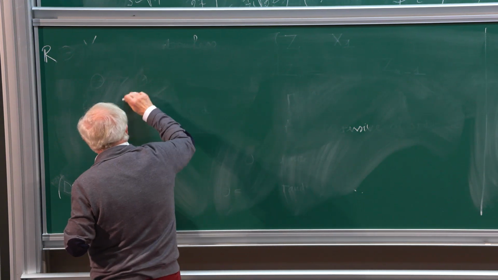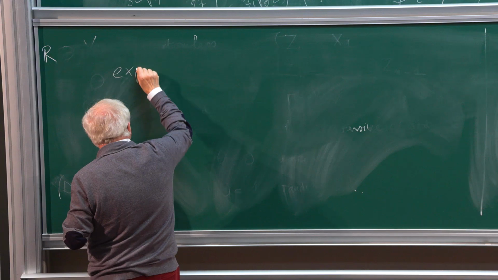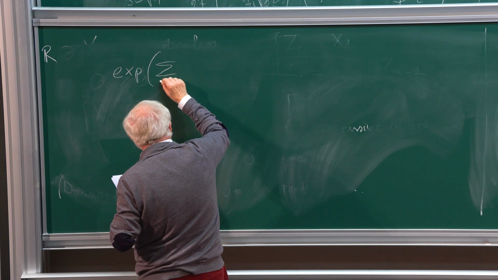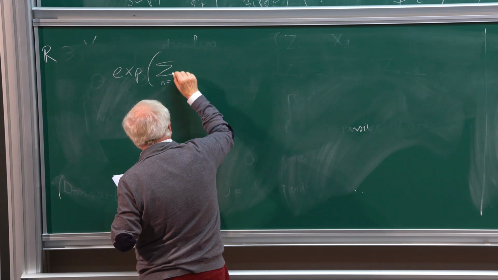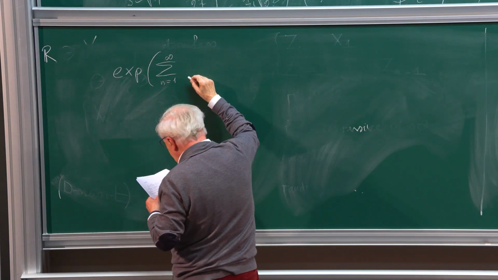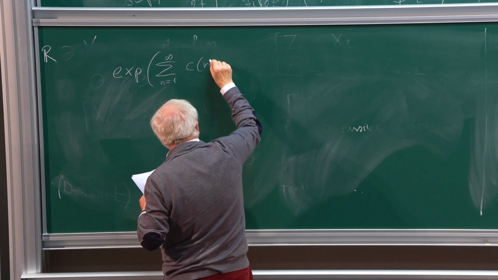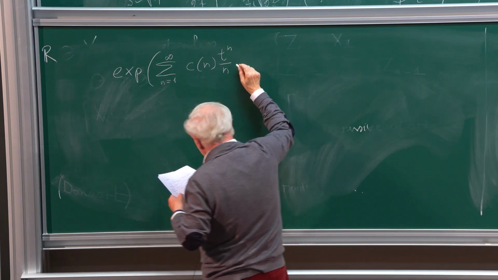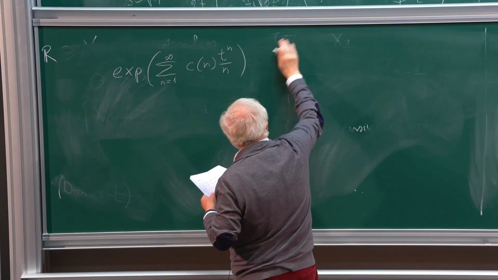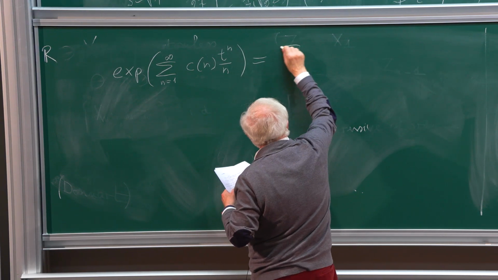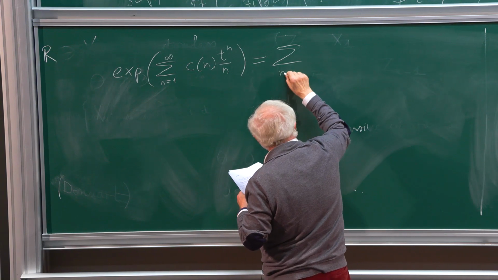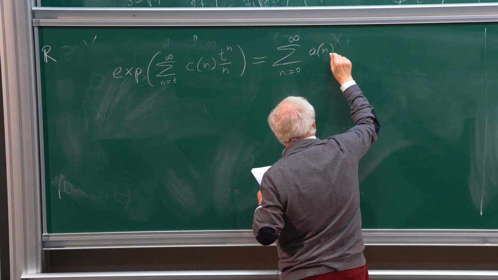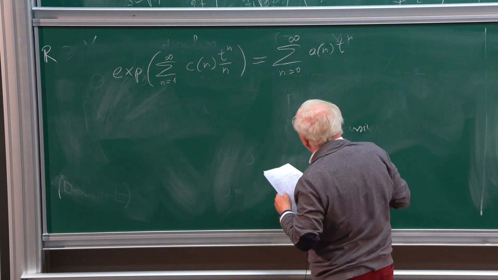So X of sum n equals 1 to infinity c of n t to the n equals sum n equals 0 to infinity a of n t to the n. Okay, so